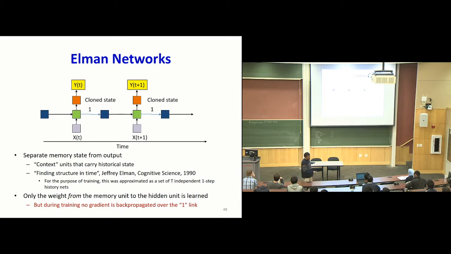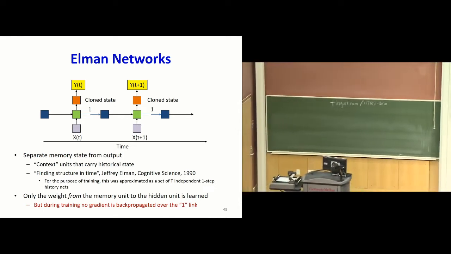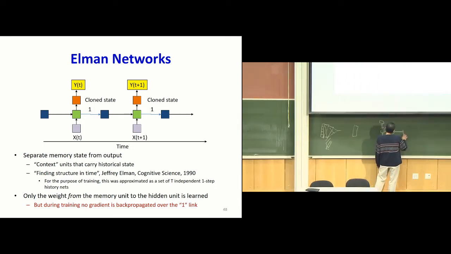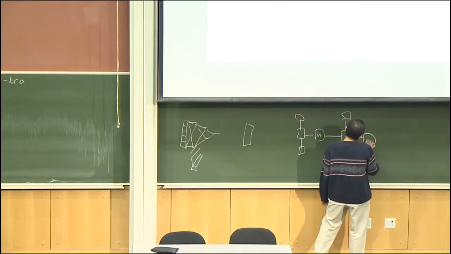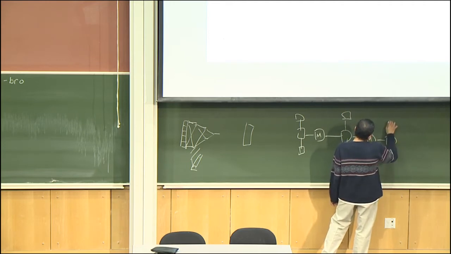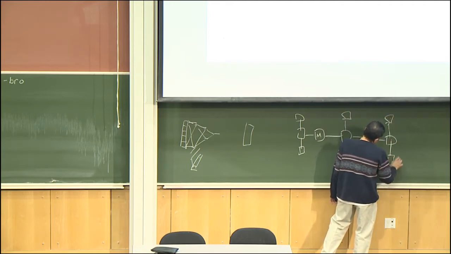Now here again, because the memory is actually cloning the previous hidden state, there's genuine transfer of information through the network, not just through the outputs, but also through the internal variables in the network. But then the manner in which the thing was trained, you would have this as your memory, the thing that stored the memory, and this you'd have subsequent portions. And this again was stored, and this would go on.